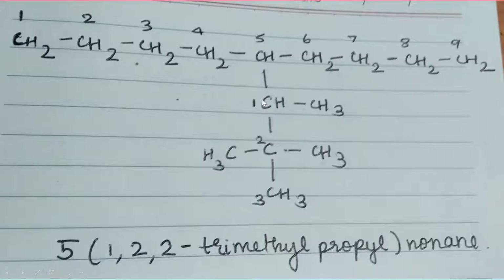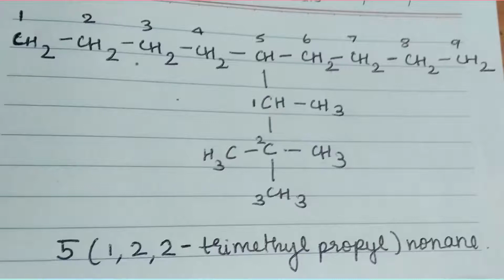So now let's see what the parent chain is here in a substituent branching. Here, if you see, there are 3 carbon atoms present in a parent substituent chain, hence the root word for this is prop, and it has 3 methyl groups present as substituents, and hence the numbering we give here is 1, 2, 2. That is the position of the locants present on these substituent carbons. That is the branching here. And since there are three of them, we write it as tri. If there are two of them, we write it as di. And since they are of the same type, we write it as trimethyl.